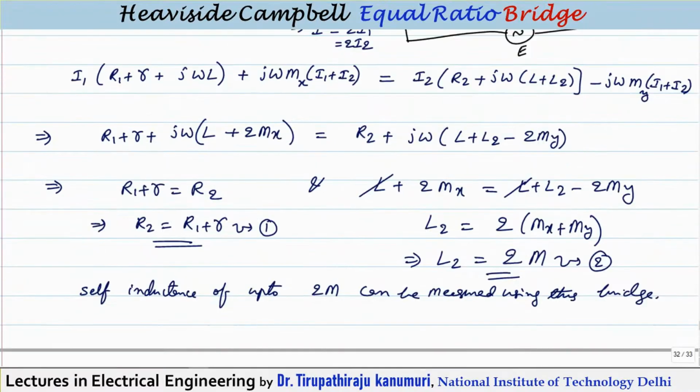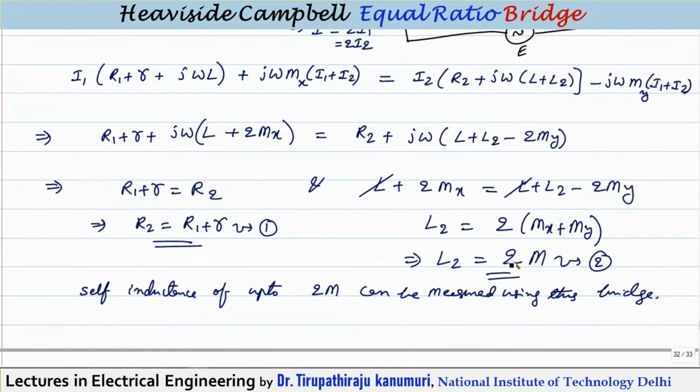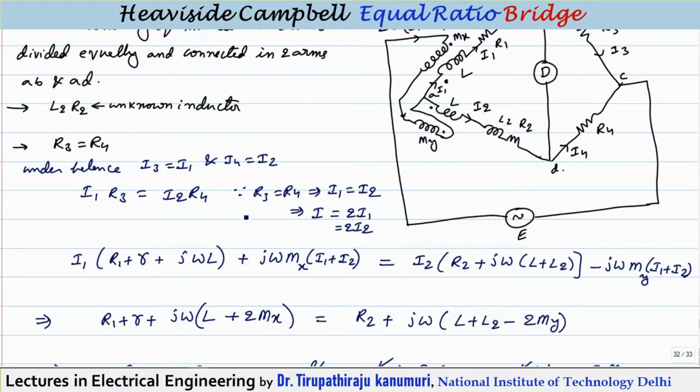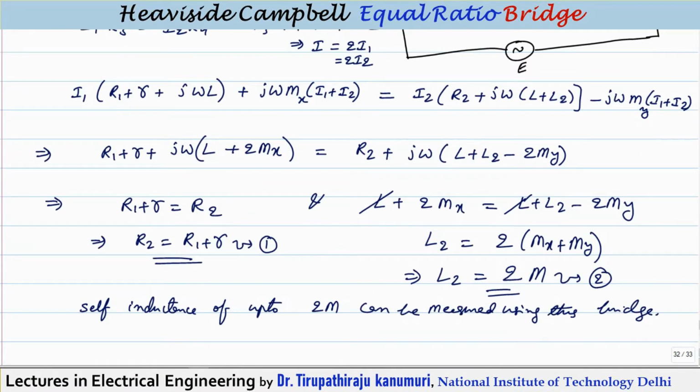But the only disadvantage of this bridge is that the bridge is very complex, because you should have the center tapping of the coil and you should exactly know the value of the self inductance of each part, because this L also should be properly known to you, because you have to equally divide. That is a major task. If you can equally divide, then there is no issue, because we can get it by simply L2 is equal to 2 times of M and R2 is equal to R1 plus R. So in this bridge we need not know the value of the self inductance, whereas in the case of previously discussed bridges the self inductance value also should be known. Only thing is, it should be exactly divided into 2 halves on the secondary side.